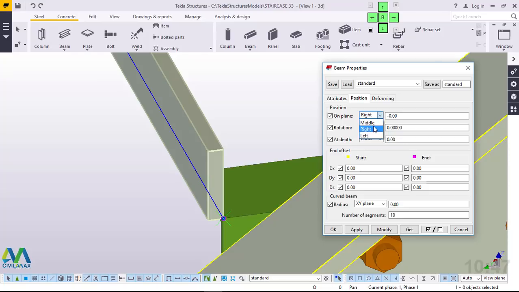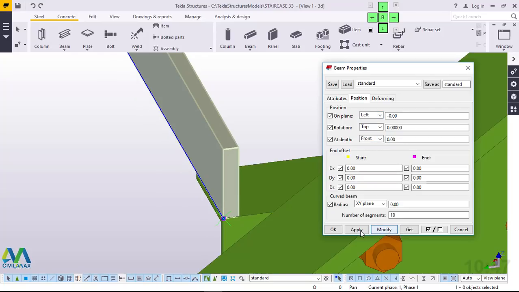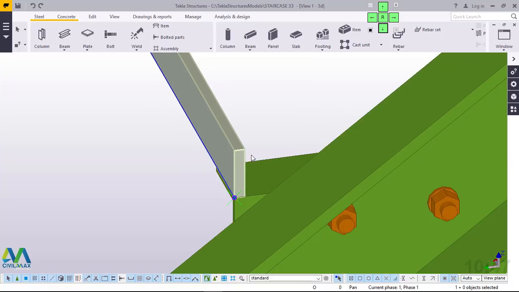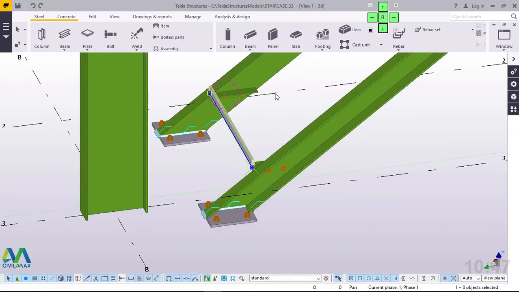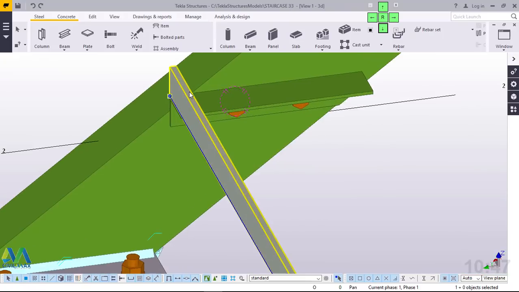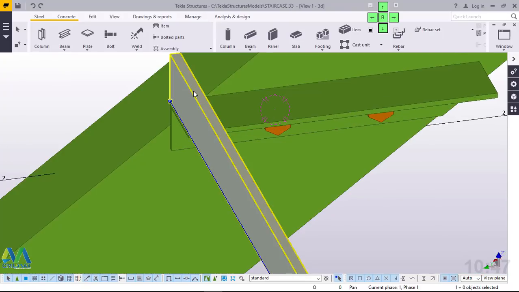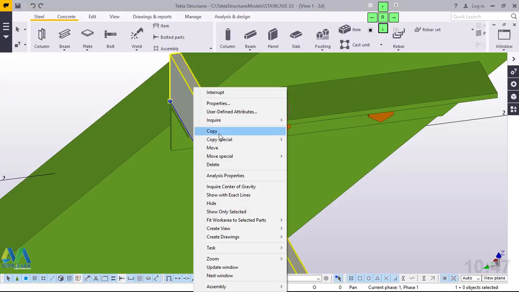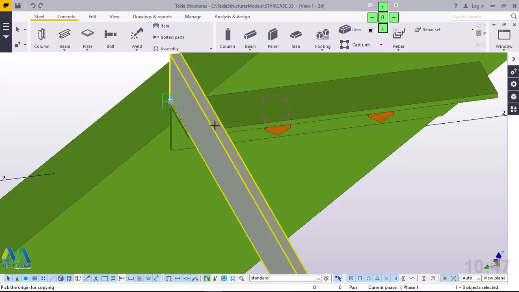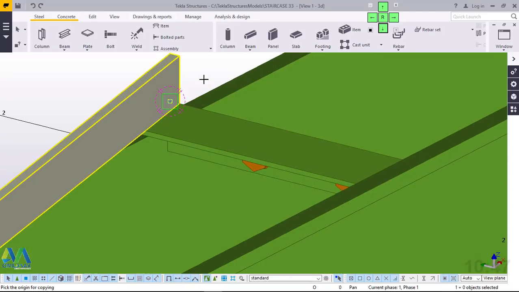Now on plane we'll come to left position and click on that, apply and accept. We'll do the same thing here. We want to copy this to the other end, and what we'll do, we'll just click on this and right click and come to copy, then we'll press Ctrl and turn this, right click,